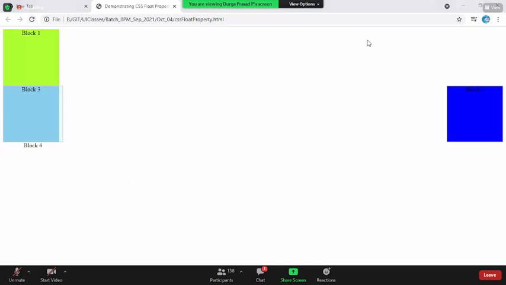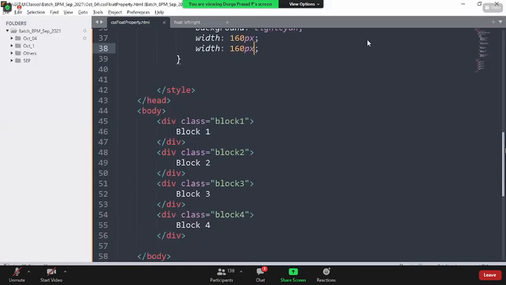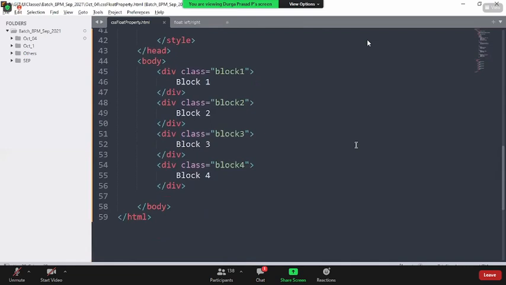The problem is, even though block 4 is not a floating element, by default it will try to follow the previous element's direction. Okay, so that is what I said, right? Say, for example, there is a line before the ATM. 1, 2, 3 people are standing straight. Now the third, fourth guy is changing direction. Now, when the fifth guy comes, he actually has to stand straight, but he is following the previous element's direction.